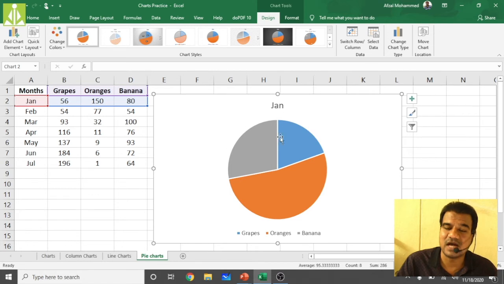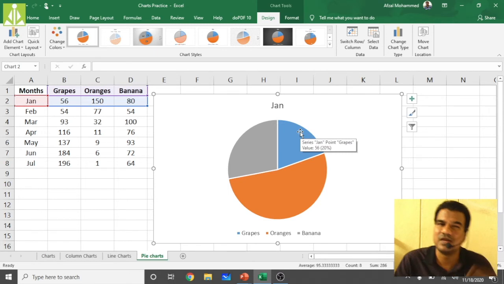So this pie chart will represent only the January month data. In January, out of 100%, how much percentage the bananas production has been, how much percentage the grapes production has been, and how much percentage the oranges production has been. Simply to show that, we use pie charts. Hope you understood the difference between line, column and pie charts. We have many more charts. As we advance in this course, you will come to know all those things. Hopefully in my next session I will take more examples of these charts.